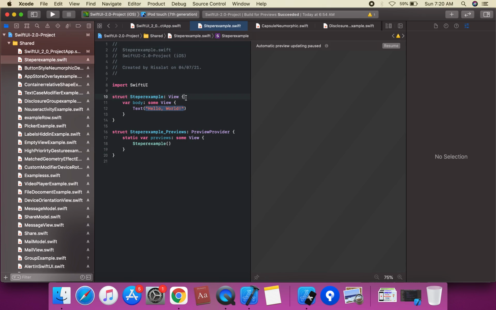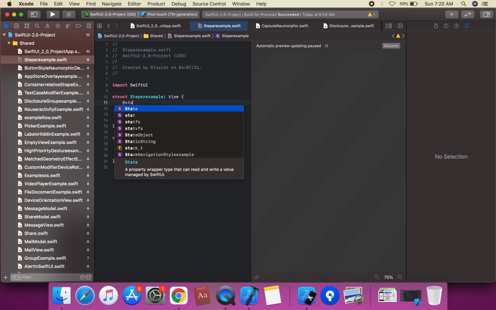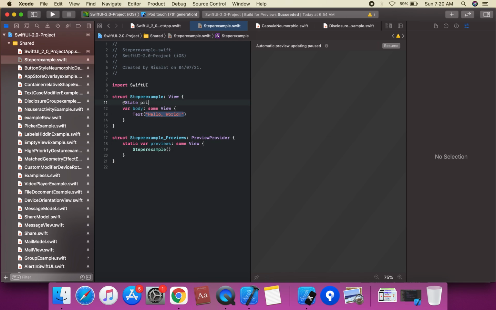First of all, we're going to create a state property. We can change this binding value with @State private var. Suppose we set an initial value and then a binding value. Suppose this is our salary, which is equal to the initial value. Suppose this is 1 lakh. So salary is the initial value of 1 lakh.